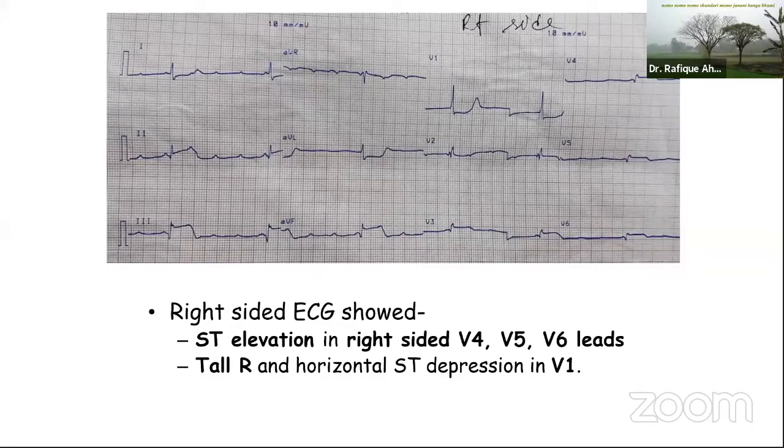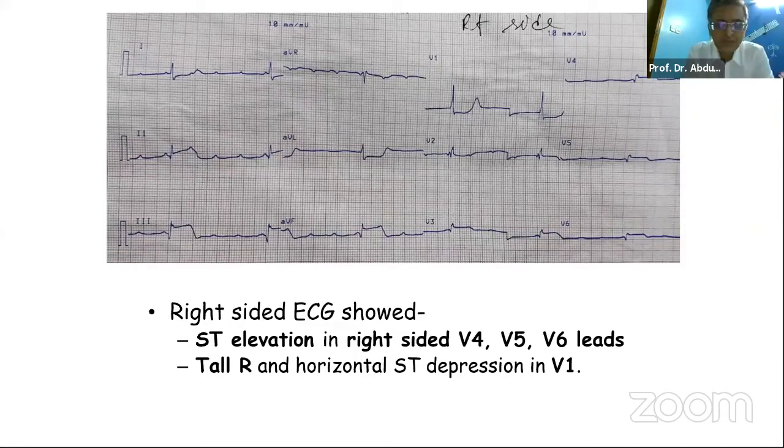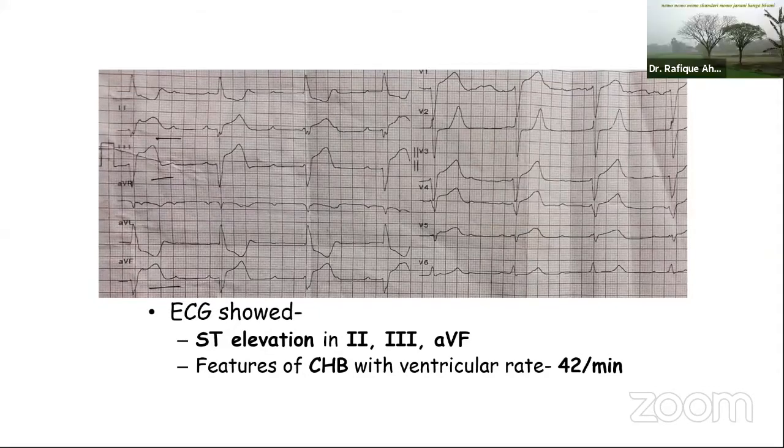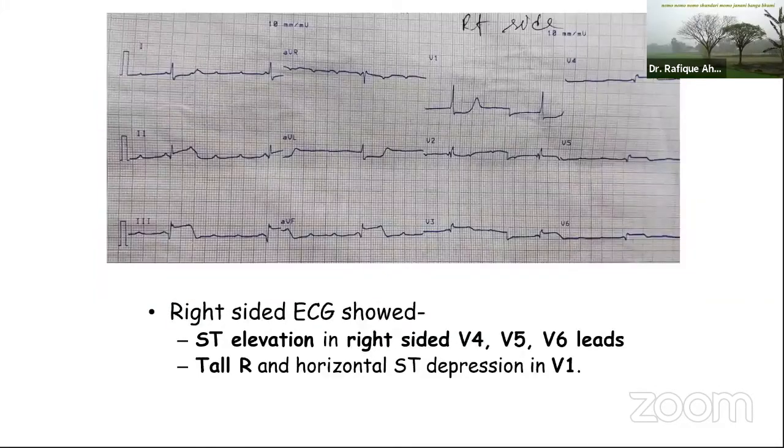So any comment from any of the faculty: can we take the first ECG as a diagnosis of acute inferior myocardial infarction if we didn't know the history of this patient? No, sir. No, we could not say that. As Sir was mentioning, it was an LBBB pattern, bundle branch block pattern, with complete heart block. And now the history of chest pain is suggestive that there is something amiss. But the next ECG is very clear, because it is a junctional narrow QRS and clearly ST elevation in inferior leads. Thank you.